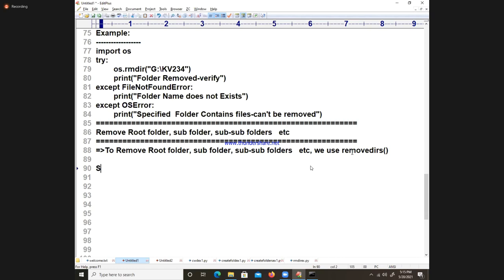Sir, what is the syntax, sir? Syntax is very, very simple. os.removedirs of what? Root. I will write folder hierarchy. Sir, what is the folder hierarchy? Easy, I already told you. I say here, folder hierarchy